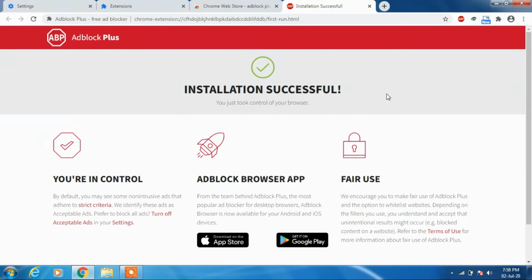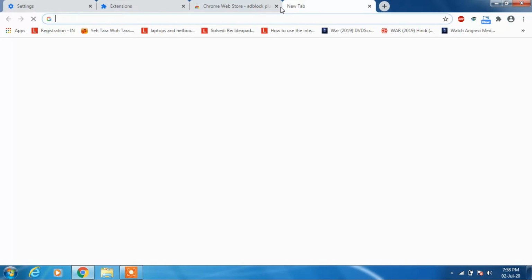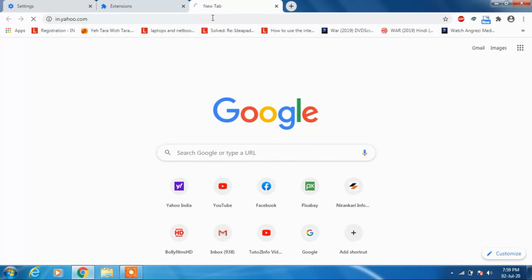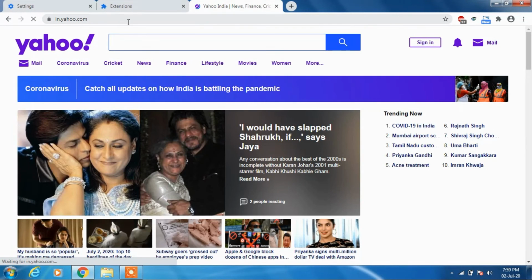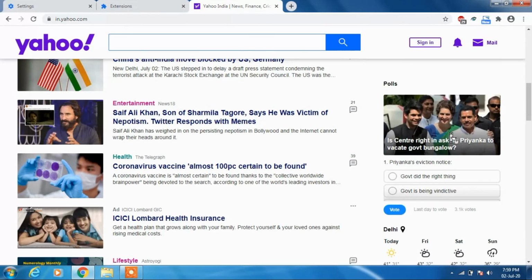So you can see that the installation is now successful. Now we'll open a new tab. Just type in the website yahoo.com, and you can see the ads are not appearing now. In the right hand side the ads are also not there,